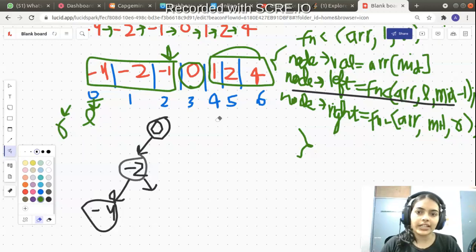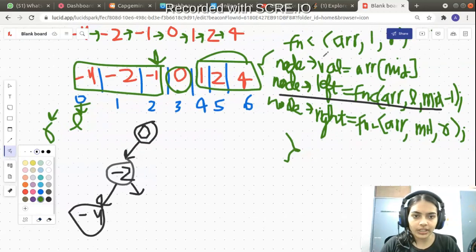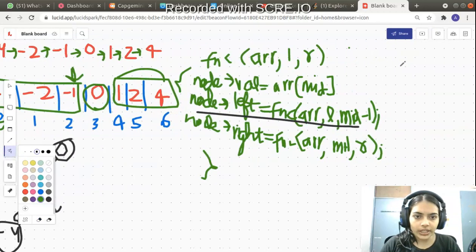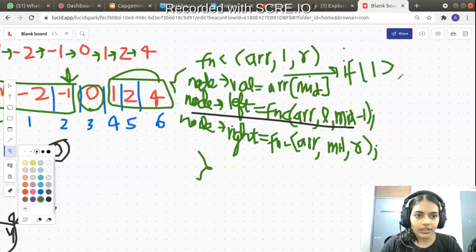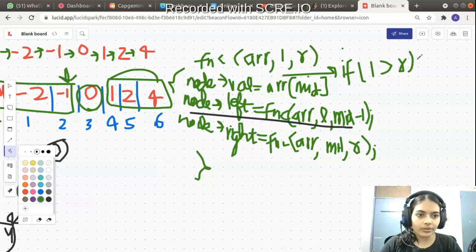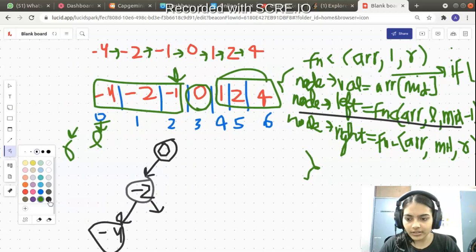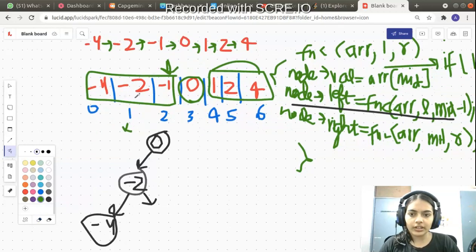How can we go to the index minus 1, right? This is not possible. We have to return now. So here we are going to give a piece of code: if left is greater than right, then you can simply return null. You will return null. When we write this piece of code, it will be clearer, so that we avoid this case and it returns back. Once this is returned, we will again enter the function call of this particular value.